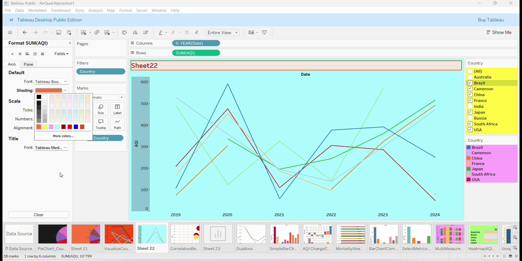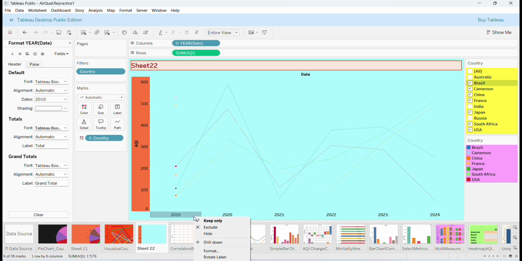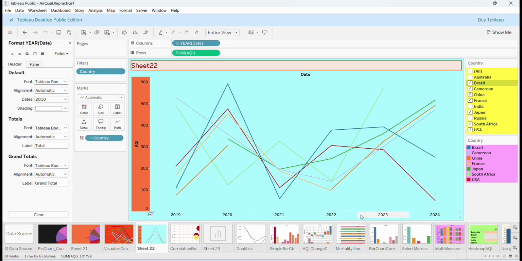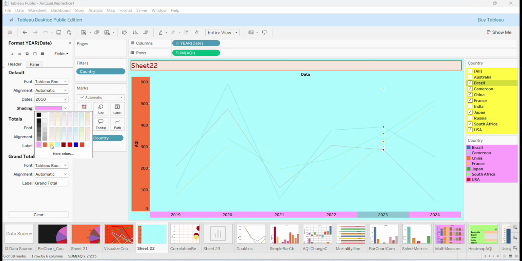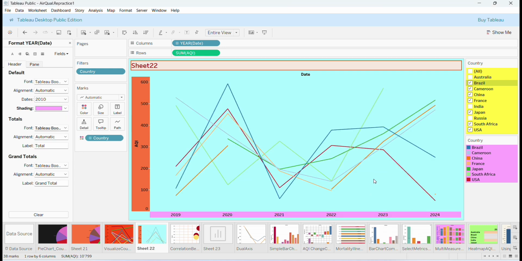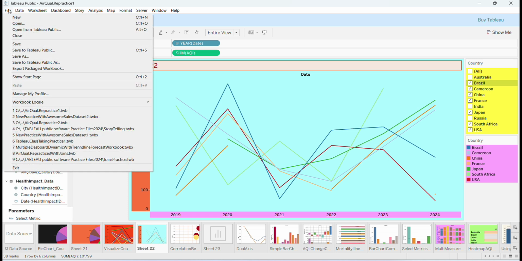So is it going to look orange now? You see. And even here you can also format the axis here about this one. So we have shading here on the axis, the two different axes, the years and the AQI. We have shading on the worksheet, we have shading on the title. We formatted also the title here. Make sure I save our work,